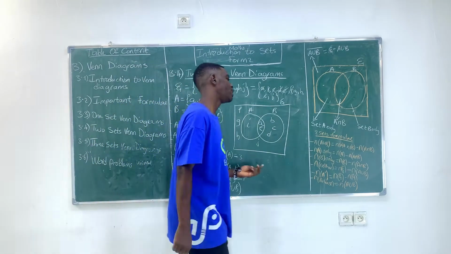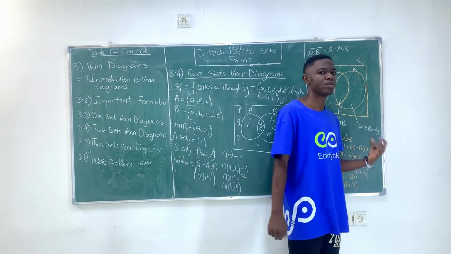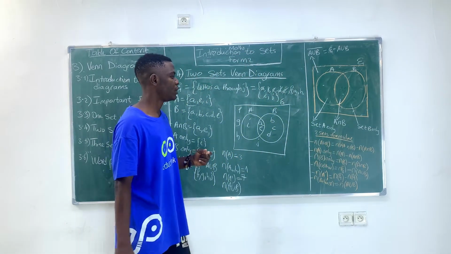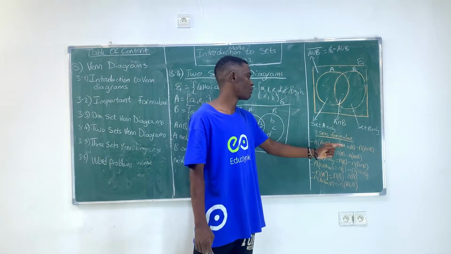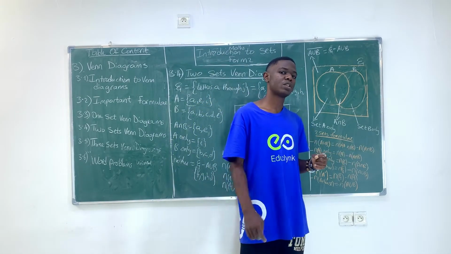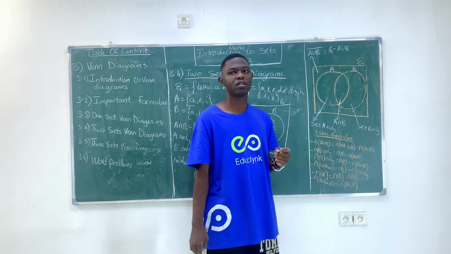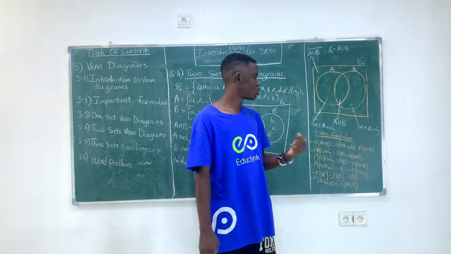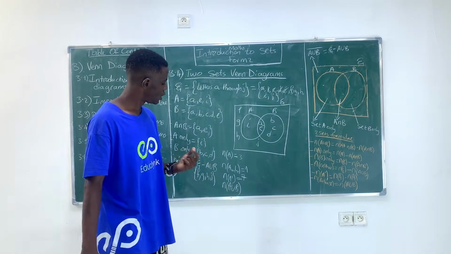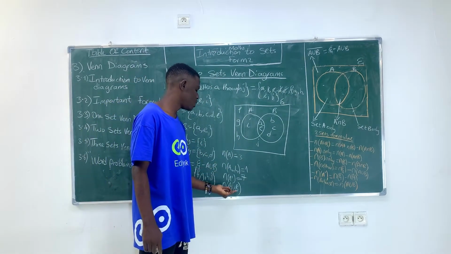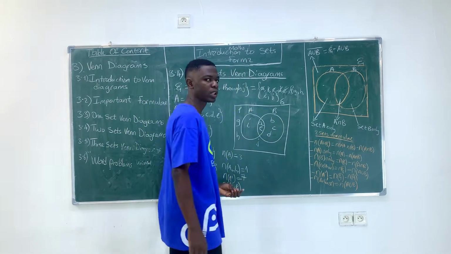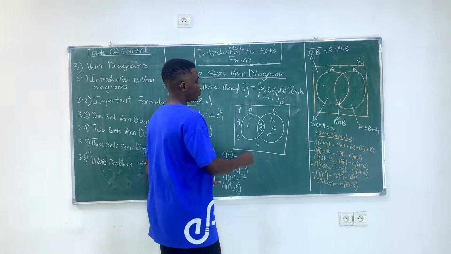The reason for using this formula is that the intersection is repeating, so we are removing an intersection. If in A you have D and in B you also have D, you use this in order to remove one of the D's. So that's the use of it. Because you cannot have the same element appearing 2 times in a set. So if you are asked to count the number of elements in A union B, how many elements are found in A and B total? So in A,